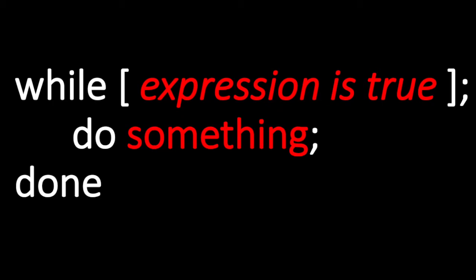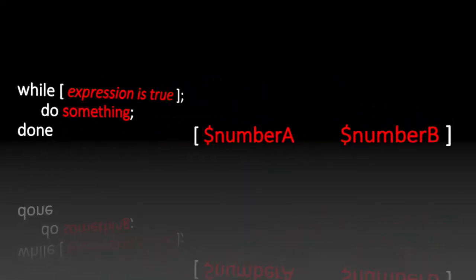In Bash, we can compare either numbers or even strings of characters. Let's start with numbers. We can ask if number A is equal to number B by using -EQ. -NE means not equal to number B, LT is less than, LE is less than or equal to, and then the same for greater than too, with GT and GE. It's important to leave these spaces around the square brackets like this.